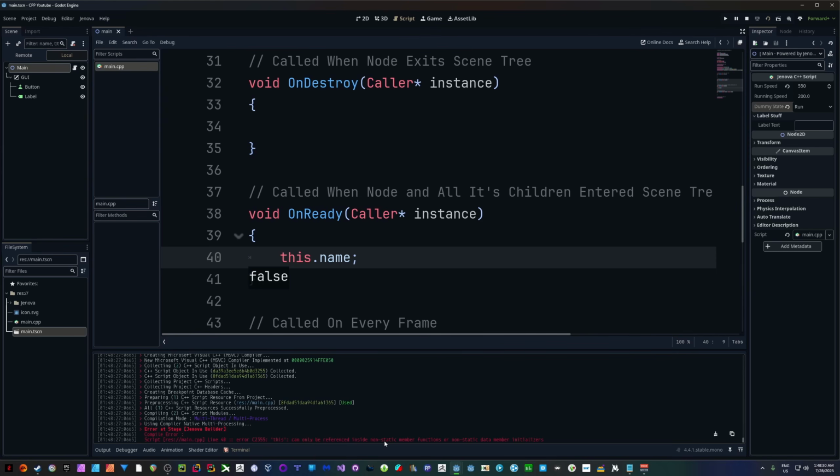No, this can only be referenced inside non-static member functions or non-static data member initializers. So we can't use this here. So how the heck do we get our self if we want to do something like get our name? Well, we're going to do auto. We're going to call it self. And it's going to be equal to